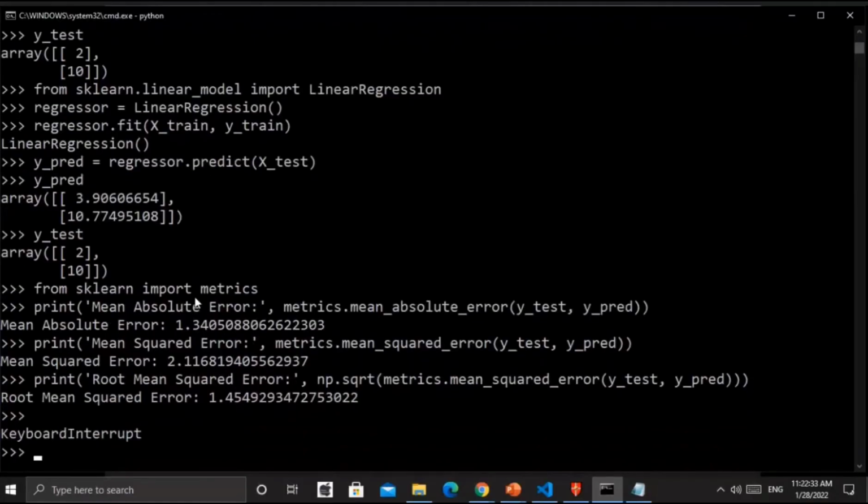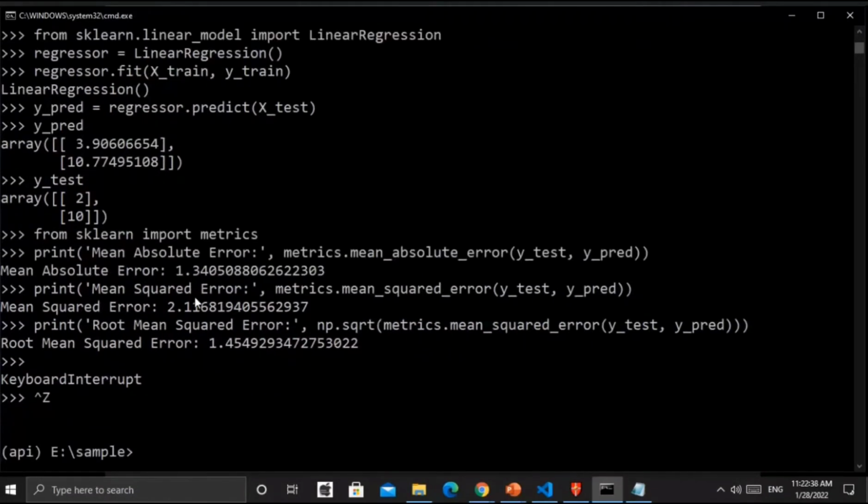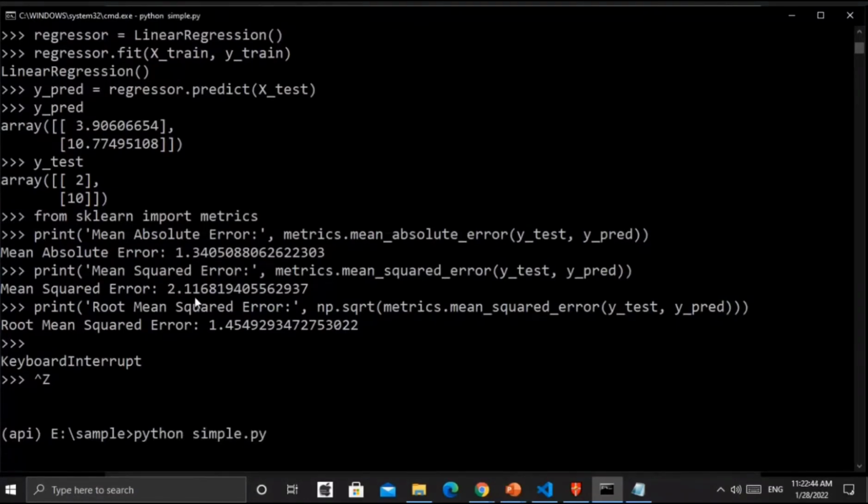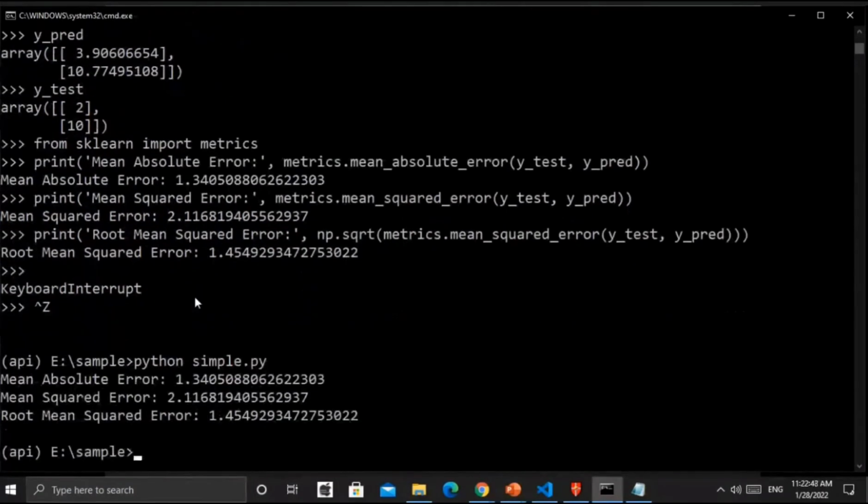So now I will close this. For executing a program, run python simple.py. Yes, this Python program was executed fine. If you are not familiar with Notepad and the command prompt, just go to your